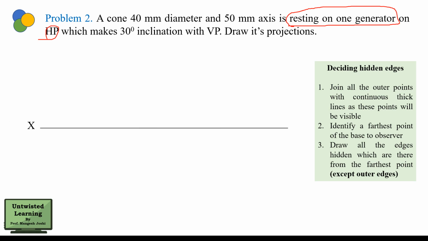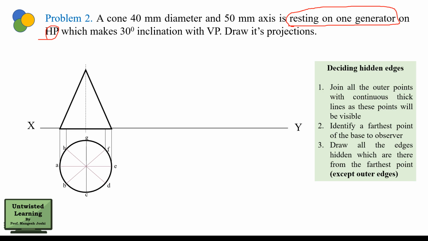So let us draw the top view. Top view of a cone is a circle. So I will draw the top view and I will divide it into a suitable number of parts, right? So next, to obtain the second diagram, I will project all the points, and this is the front view of the cone. Then again all the generators you have to join, all the points you have to name. Okay, so this is the front view and top view of the first stage.